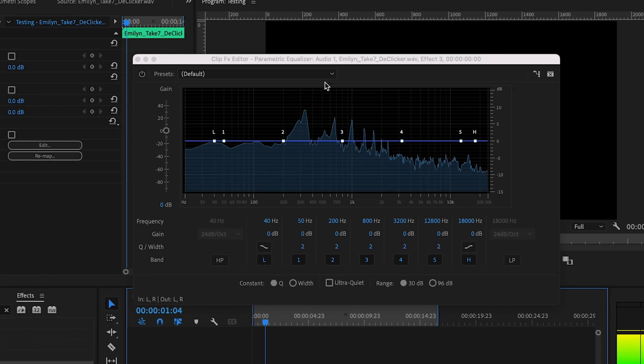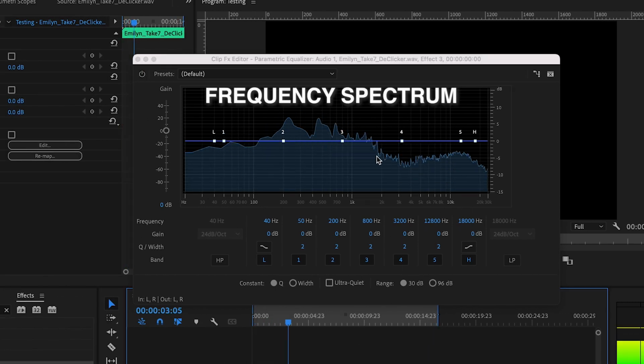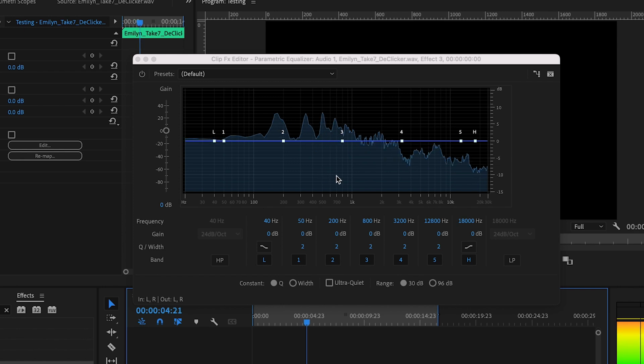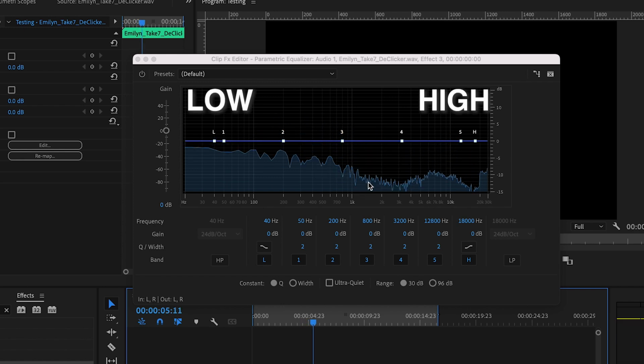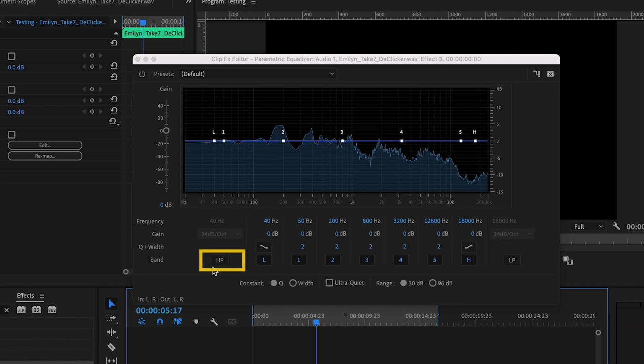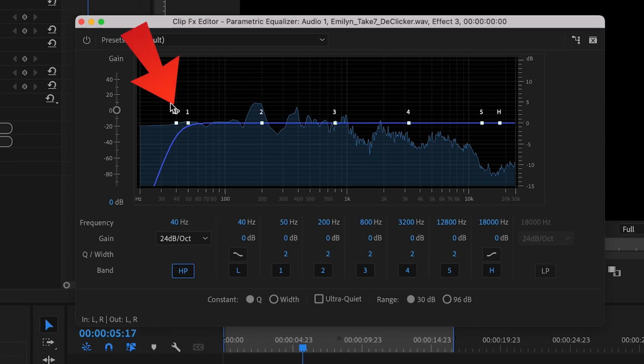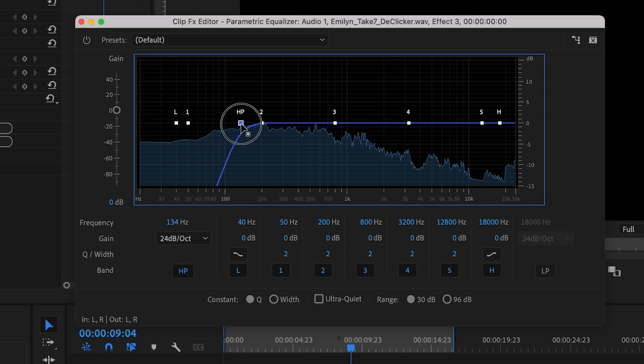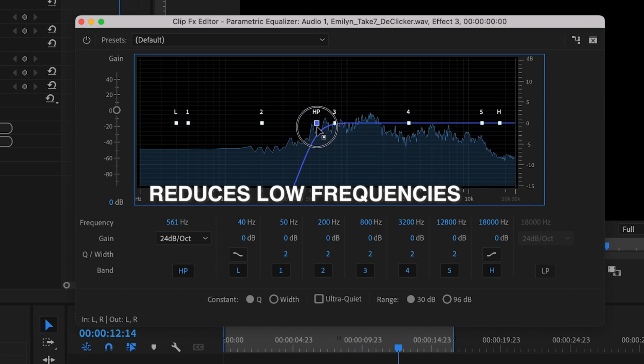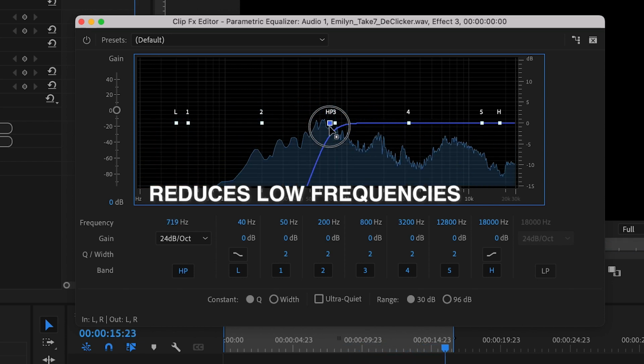What we see here is called the frequency spectrum. It shows all voice frequencies from low to high. Here, HP stands for high pass and LP stands for low pass. When you click HP, you will see it appear on the frequency spectrum. When you move the HP, it will reduce the low frequencies and make you sound like you are on a